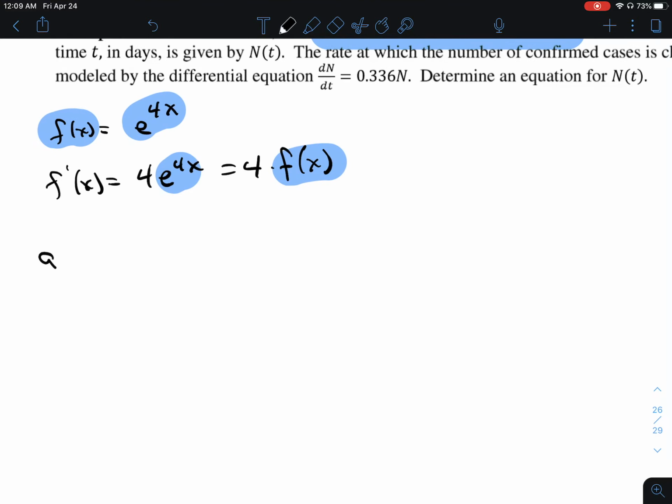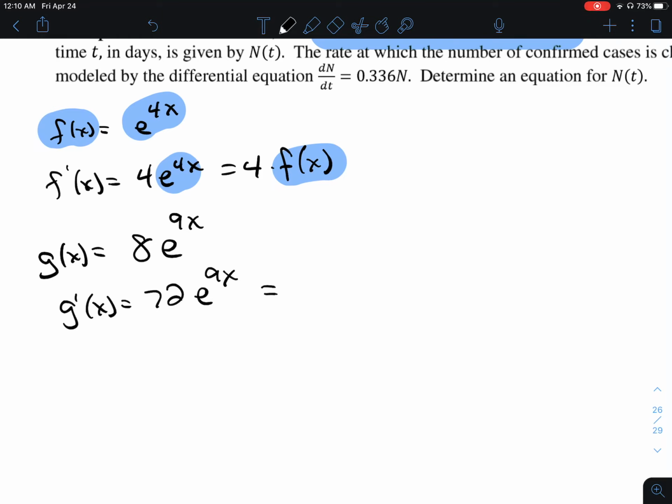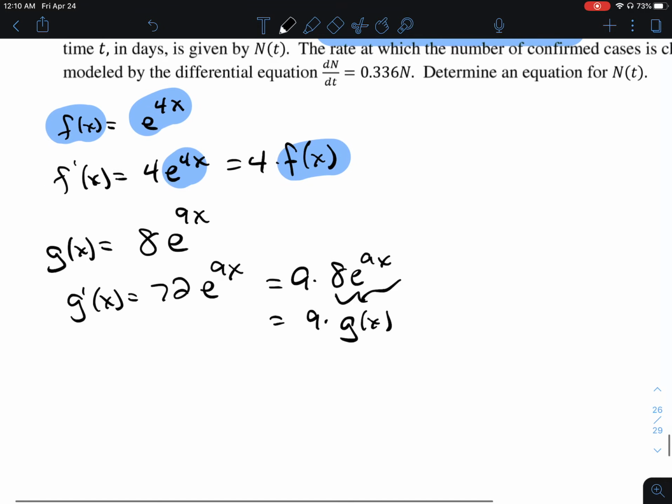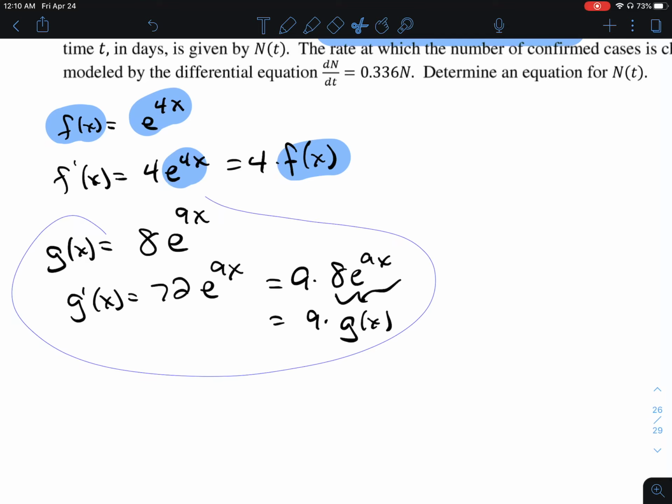Let me give you a different example. Let's say that we had g of x equals, let's say, 8e to the, I don't know, 9x. G prime, take the 9 times the 8, you get 72 times e to the 9x. This is the same thing as saying 9 times 8e to the 9x. This here is the original function. Keep also in mind, to make this more clear,